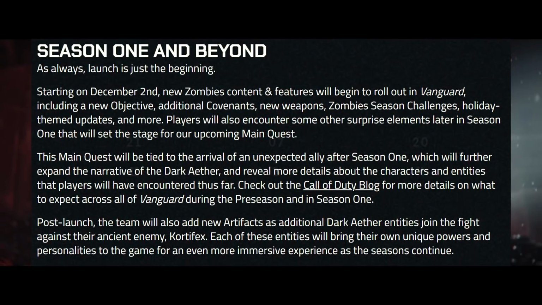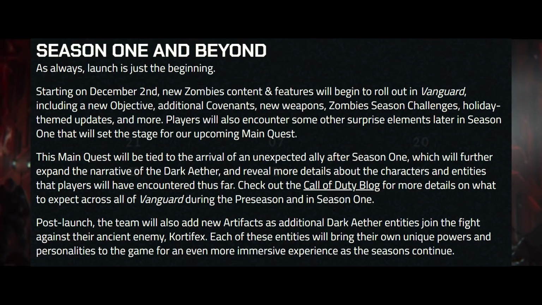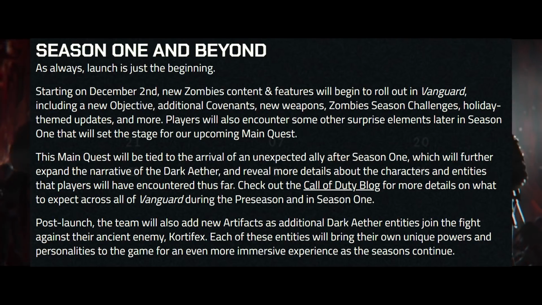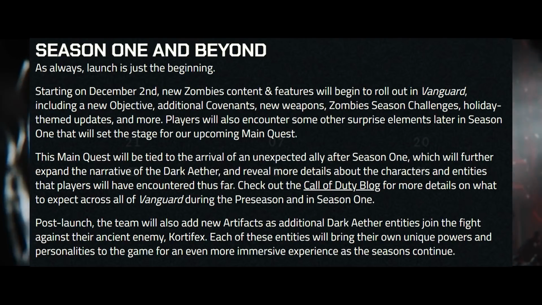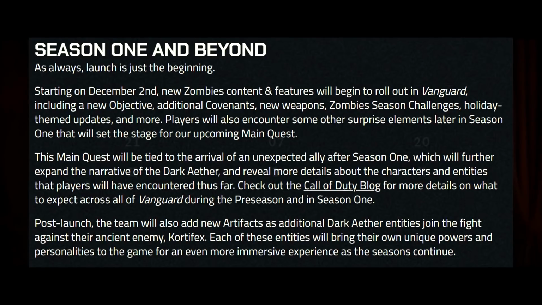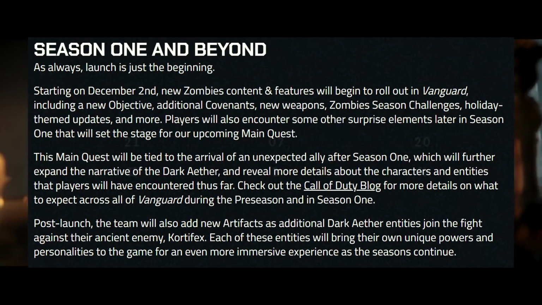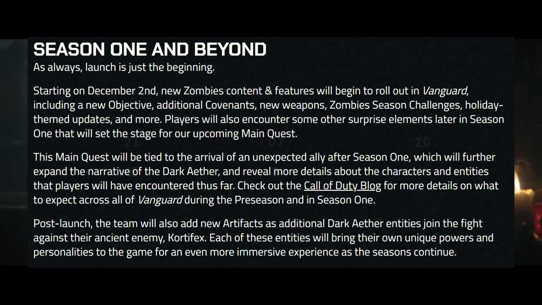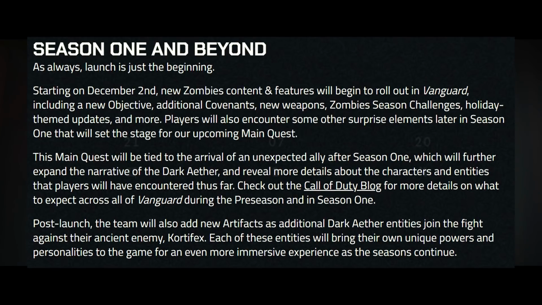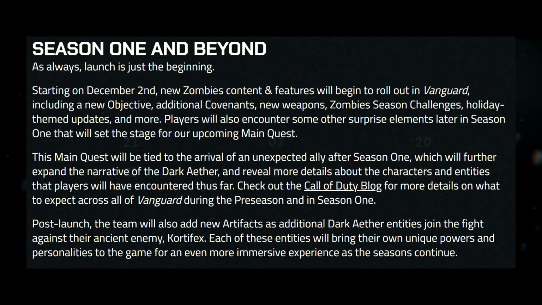As always, launch is just the beginning. Starting on December the 2nd, new zombies content and features will begin to roll out in Vanguard, including a new objective, additional covenants, new weapons, zombie season challenges, holiday themed updates and more. Players will also encounter some other surprise elements later in Season 1 that will set the stage for our upcoming main quest. The main quest will be tied to the arrival of an unexpected ally after Season 1, which will